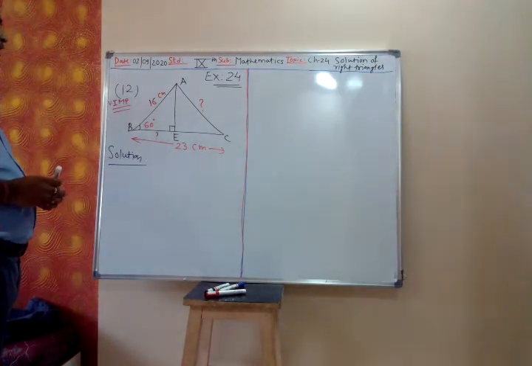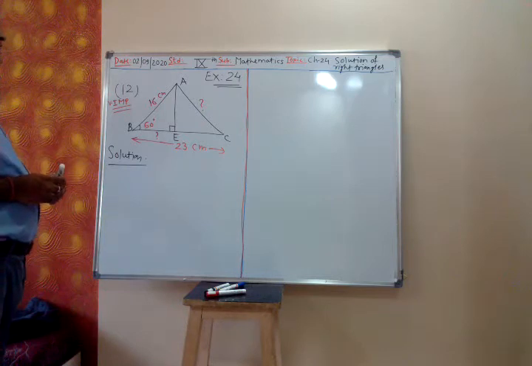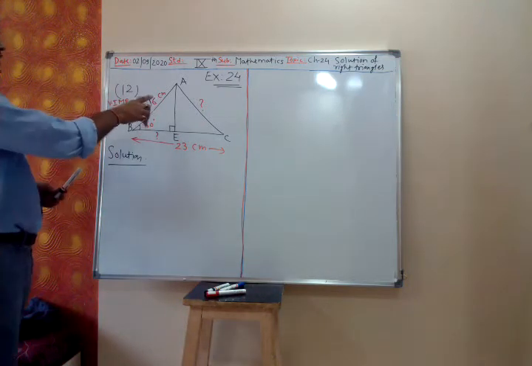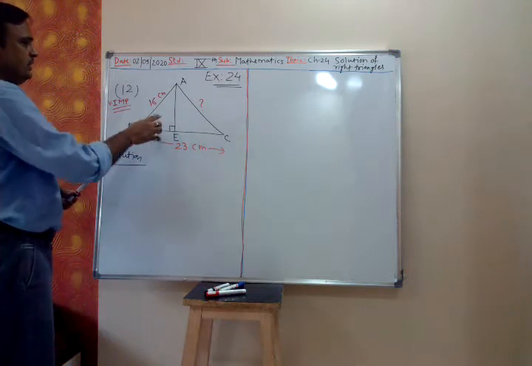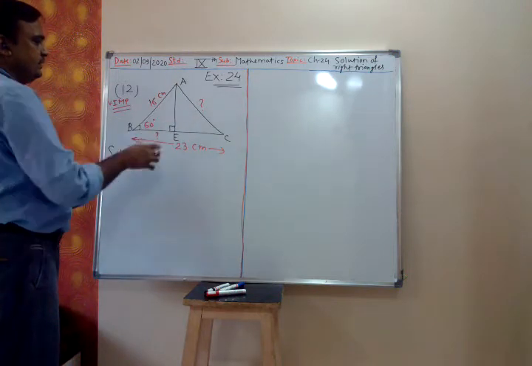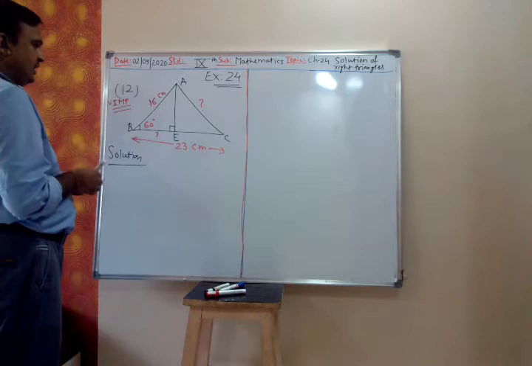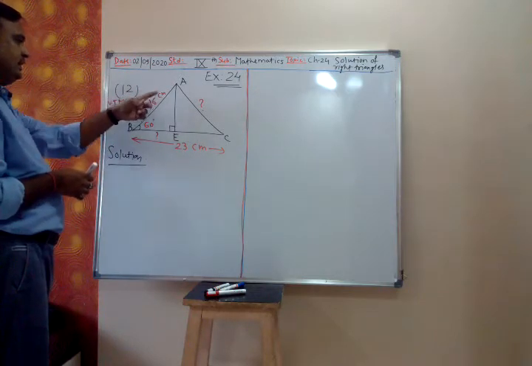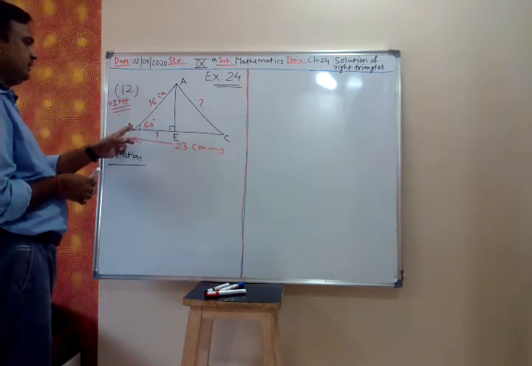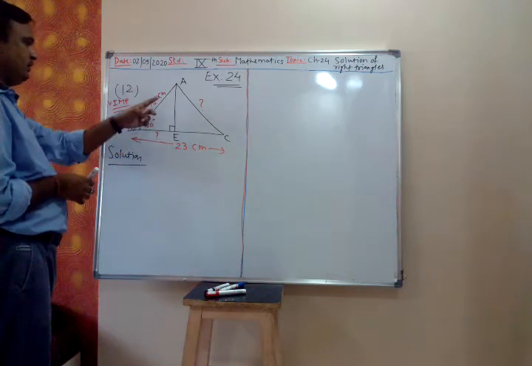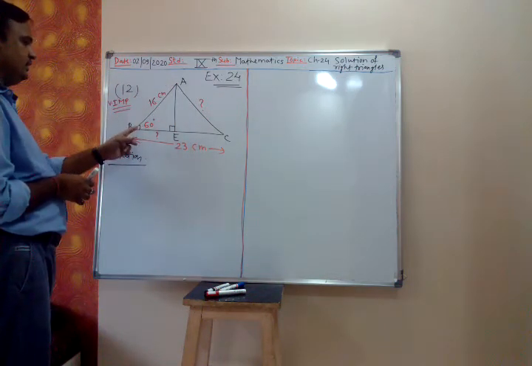Then how many right angle triangles are there? Yes, there are 2 right angle triangles, AEB and AEC. It is given AB is 16 centimeter. Then for this triangle ABE,